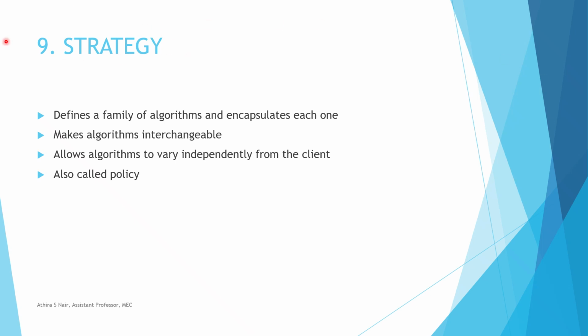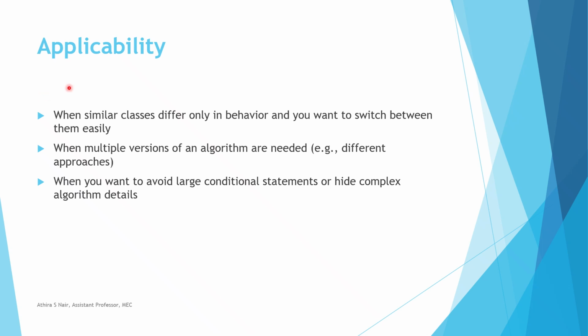Next type is strategy. Strategy defines a family of algorithms, encapsulates each one, and makes them interchangeable. Strategy lets the algorithm vary independently from clients that use it. It is also called policy. So we can use the strategy pattern